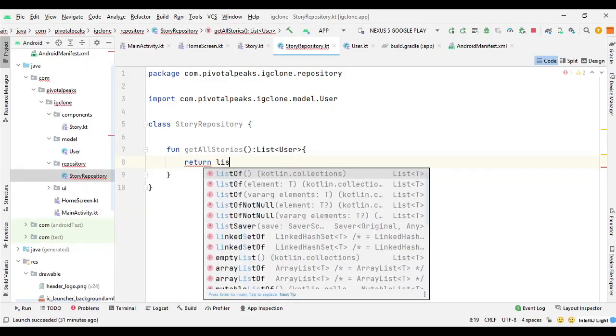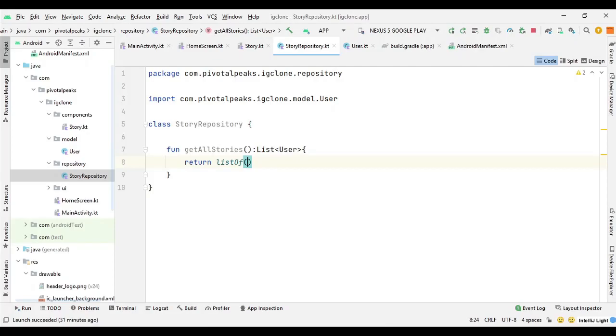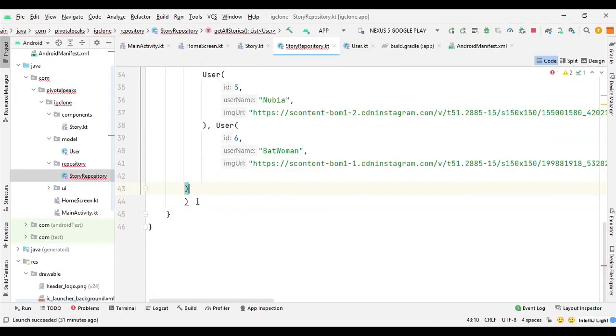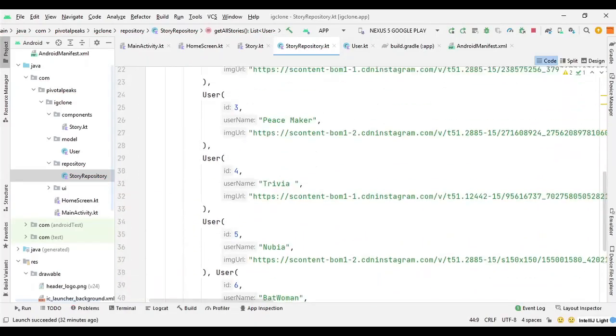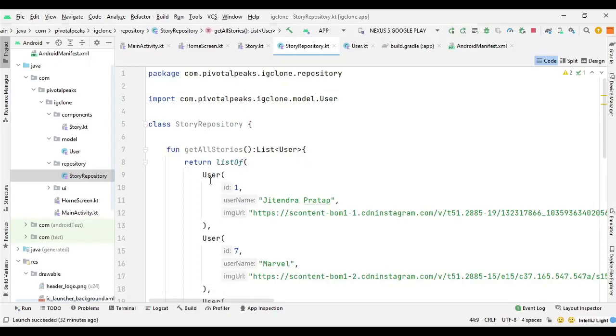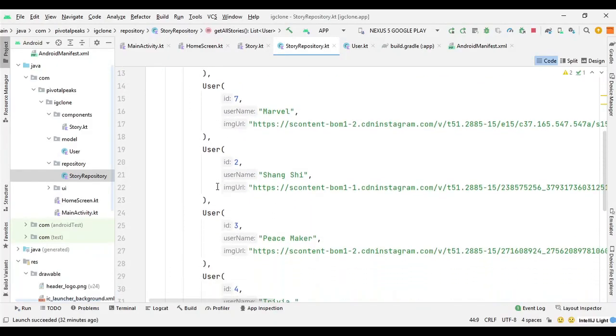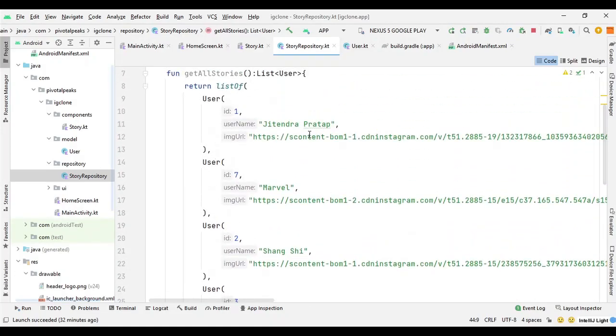list of, and here we need to provide all the data in the user data format. So I have already created the data and I'm just going to paste it. And we got an extra parenthesis. So this is the user data, and just give it some random ID and username and image URL.